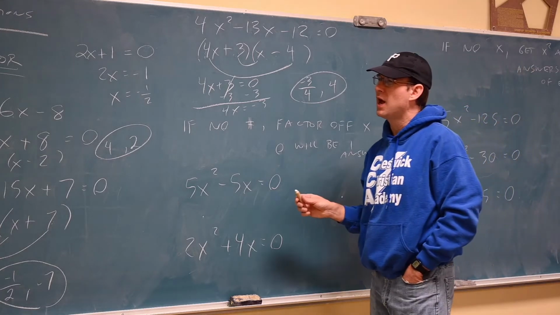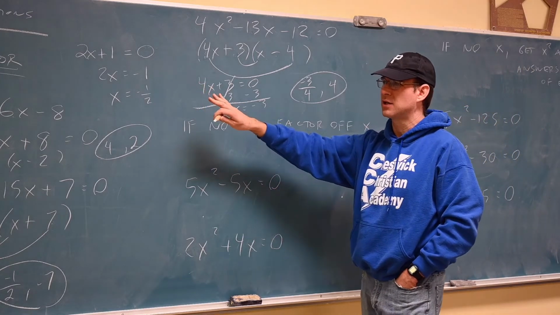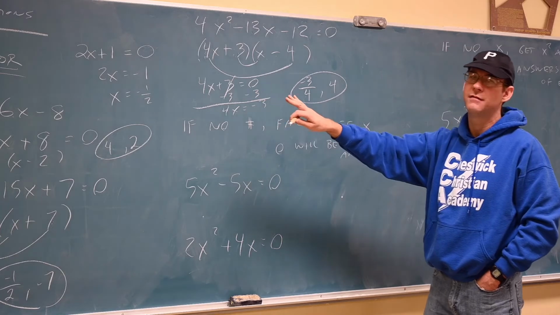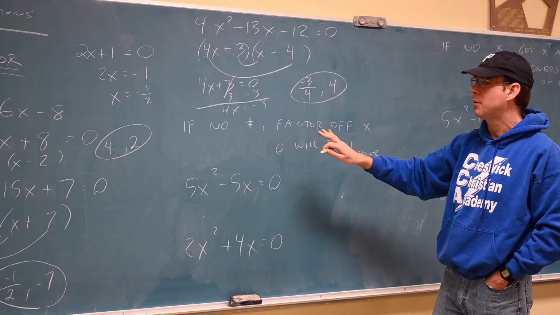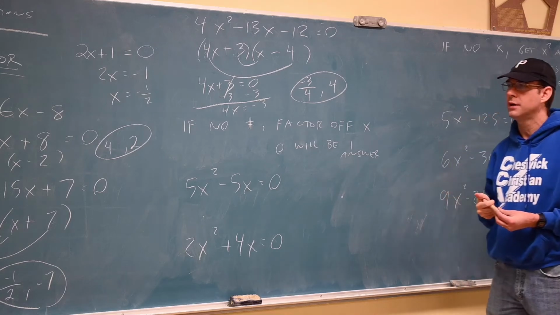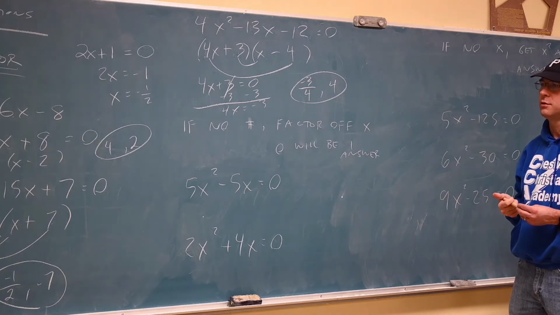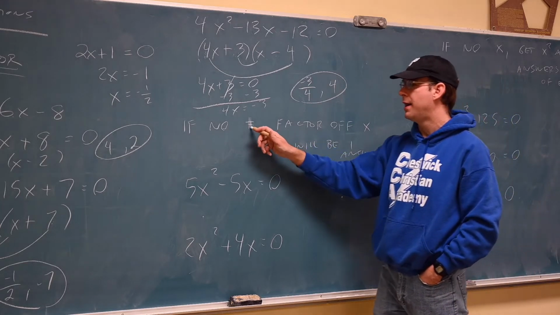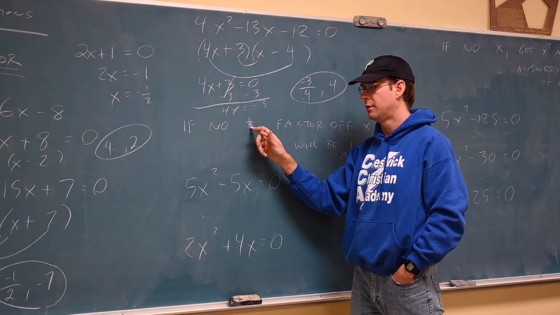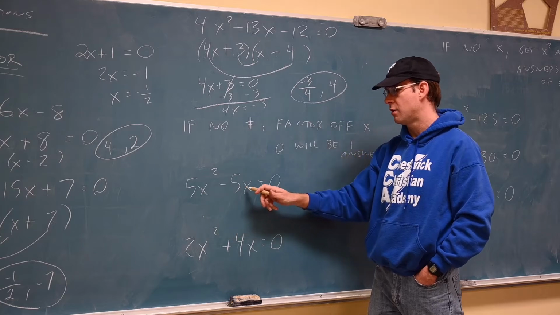I'm not sure in the homework if setting equal to 0 and factoring will always work. I can say in life that won't always work. In the homework it might always work. Some of the problems though will go easier in the homework for sure if you go with one of these 2 strategies. So if there's not a number in the question, like we have 5x squared, we have some x's,